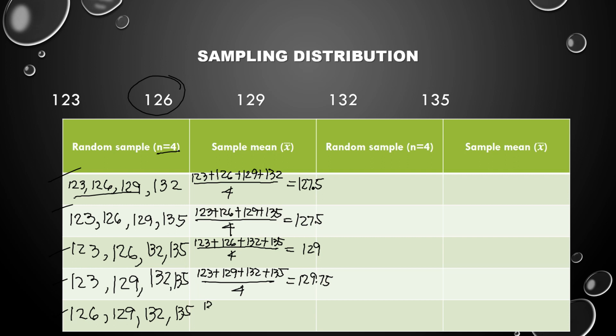Next, we have 126 plus 129 plus 132 plus 135. We divide that by 4, and this is equal to 130.5. So those are now our combinations and the sample mean. So we are now ready to construct our sampling distribution in a way of